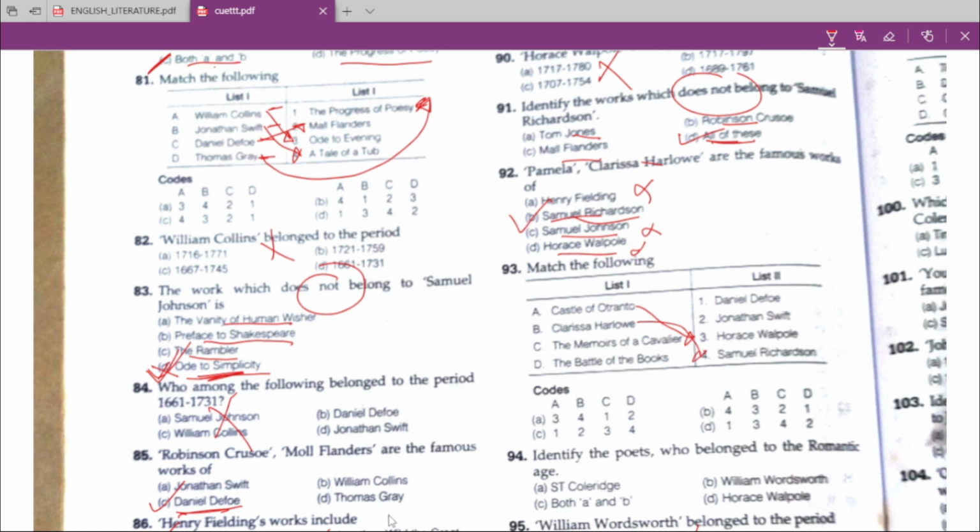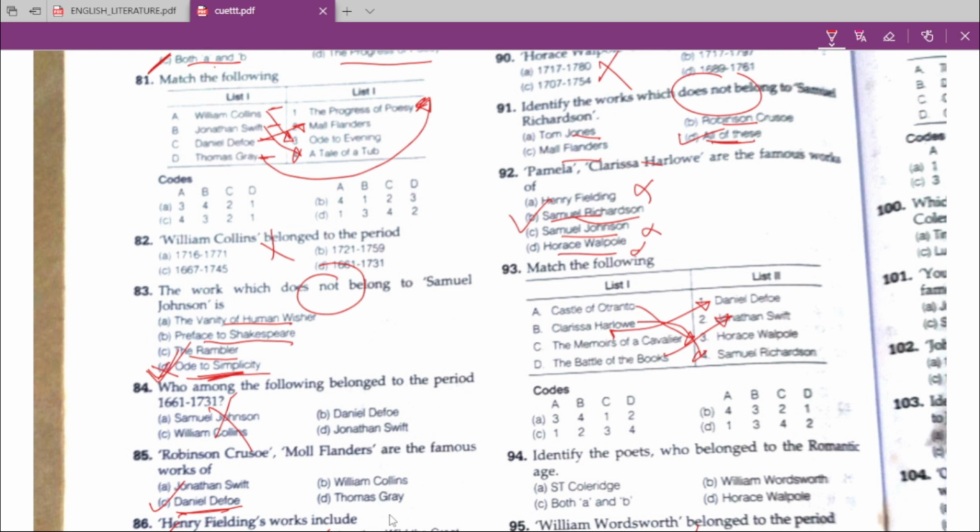Memoirs of a Cavalier and the Battle of the Books. The Battle of the Books is written by Jonathan Swift, whereas Daniel Defoe has written the Memoirs of a Cavalier. Daniel Defoe has written the Memoirs of a Cavalier. Jonathan Swift wrote the Battle of the Books, Clarissa Harlowe is by Samuel Richardson, and the Castle of Otranto by